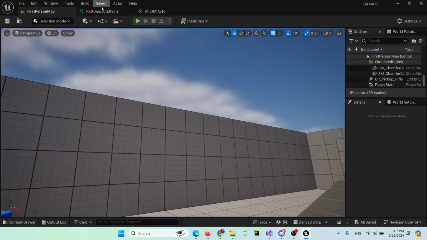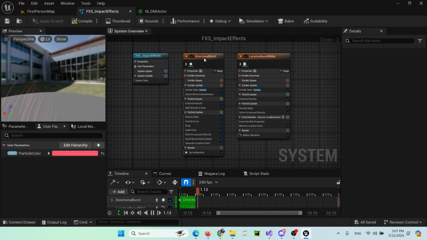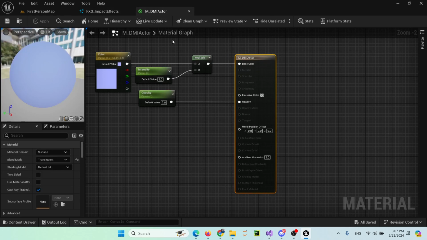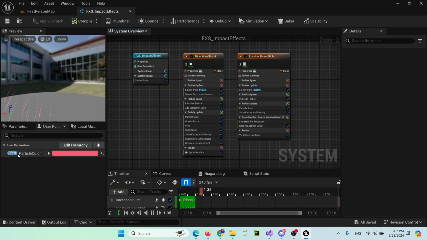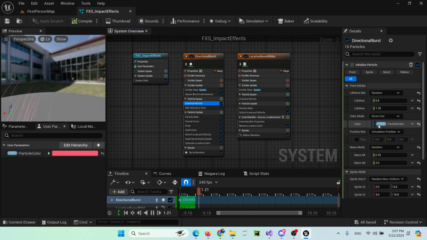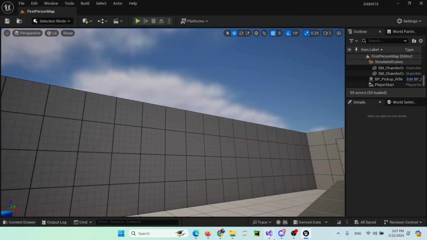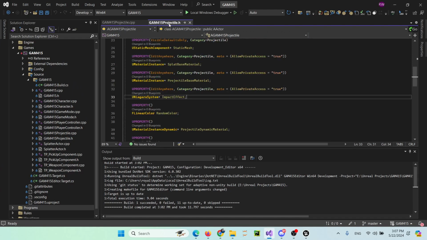How was this done? Well, the first thing we do is we will just use the default directional burst and ribbons special effects. It's the template. Then we assign a primary color, which is a user-defined color. And then in our directional burst, initialize particle, we assign that as color here and color here. Okay, coming down and looking at the code for our .h file, we go ahead and add a Niagara system